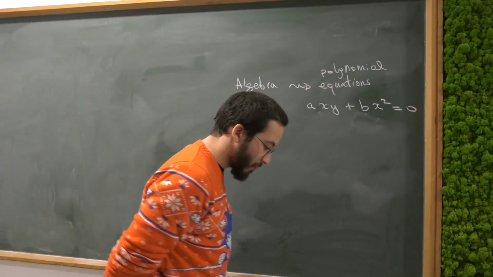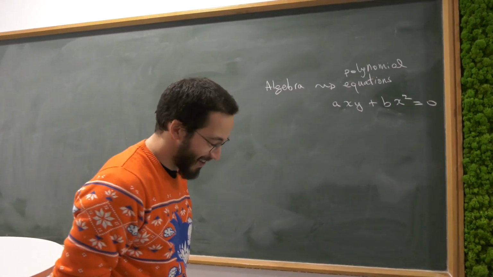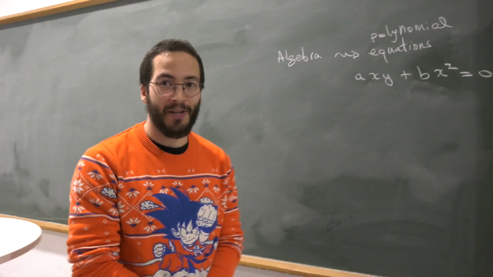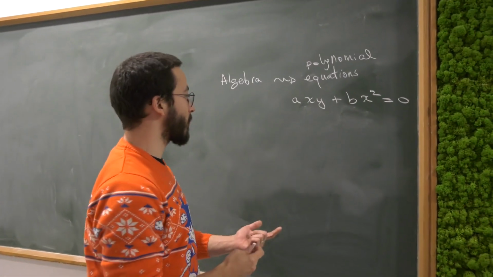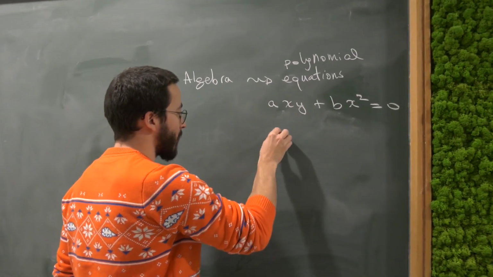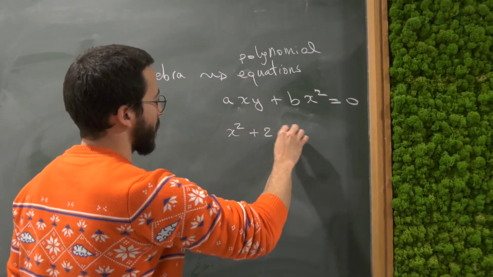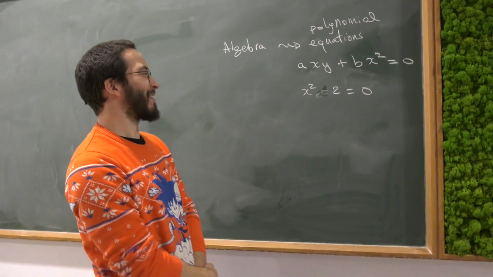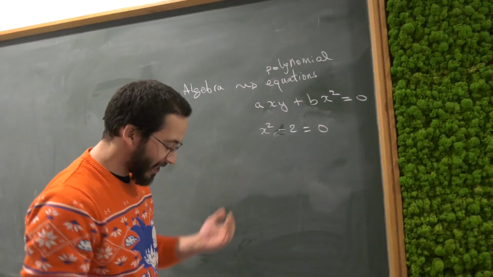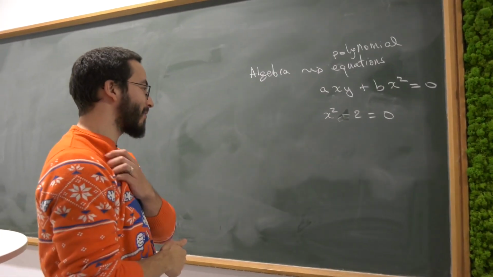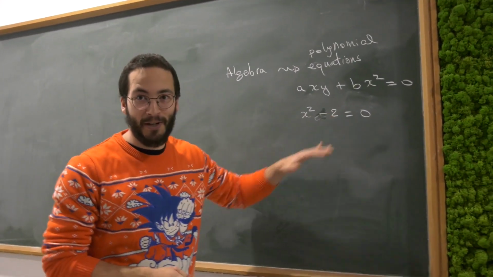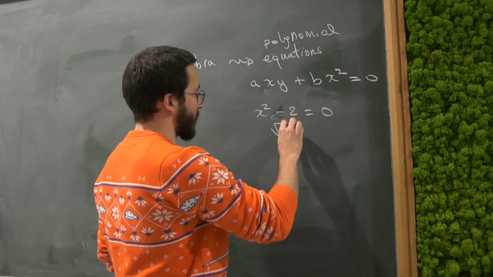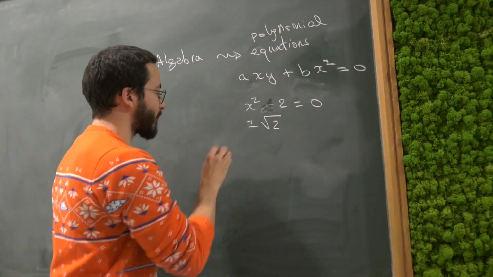One of the last things you learn, maybe in high school, is that whether or not there are solutions to this equation really depends on what you mean by solution. For example, let's look at this equation. If you're an ancient Greek and you only allow rational numbers, then there are no solutions to this equation. But if you accept the real numbers, then there are two solutions: square root of 2 and minus square root of 2.